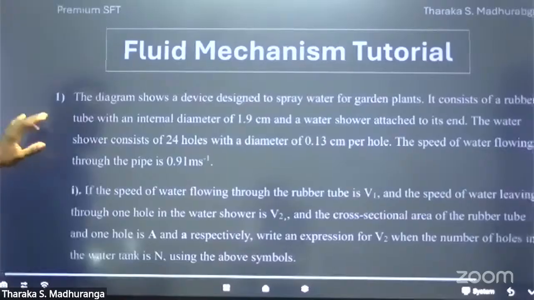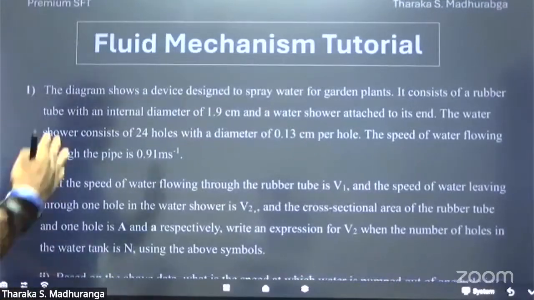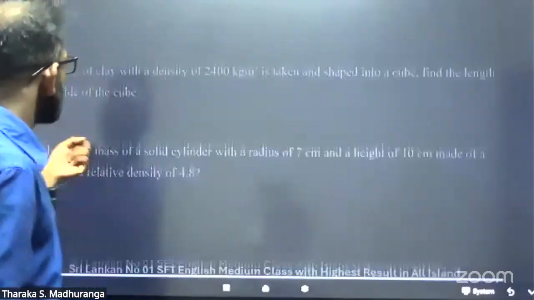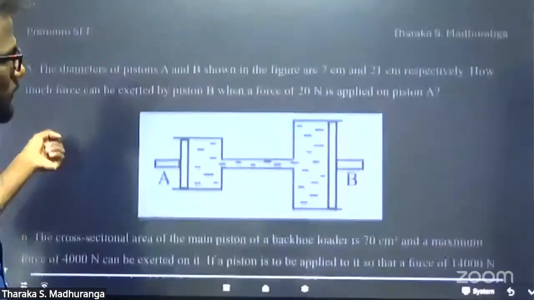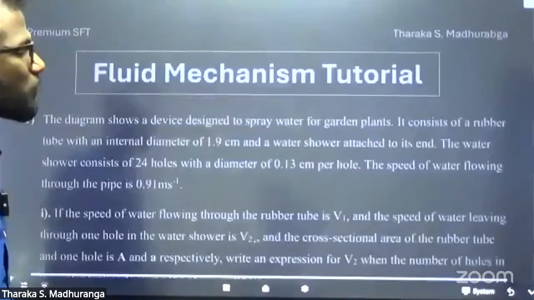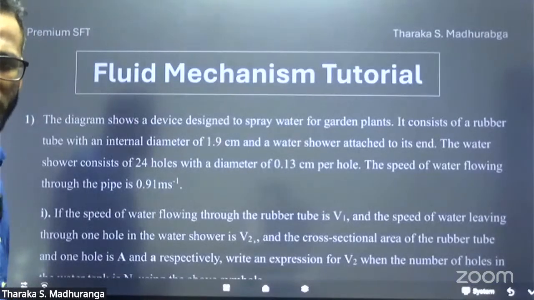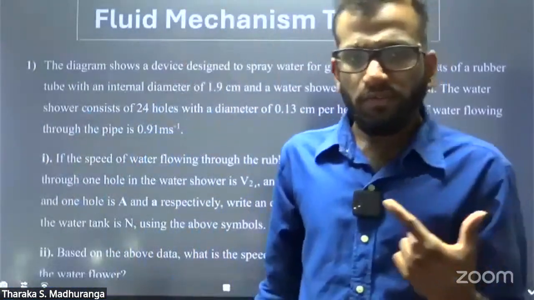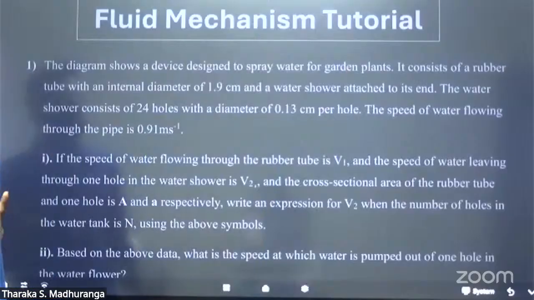Okay. This is a very simple question. This tutorial has a few complex questions on Bernoulli's theorem. I will explain those. The basic part, the first questions, are very simple. You can try and send me answers. Then we can try these questions. First question. The diagram shows